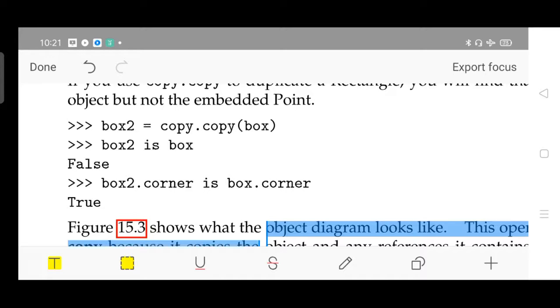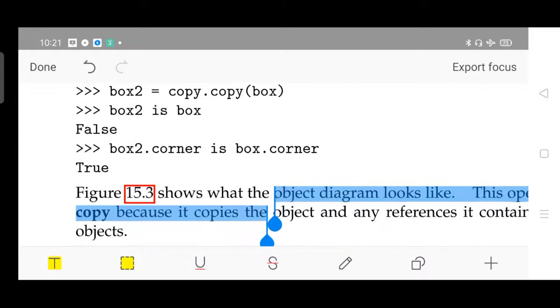Again the same scenario here, box 2. Earlier you made a copy of the box object onto box 2, then you are trying to compare box 2 with box. Even though the values are the same, the result will be false only.